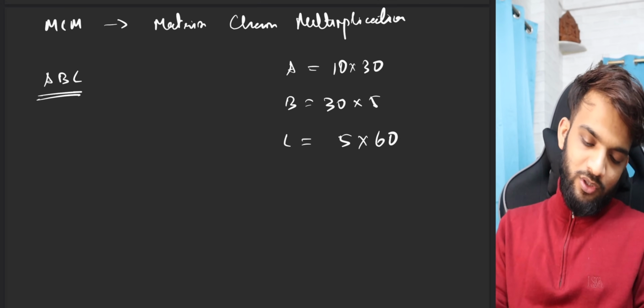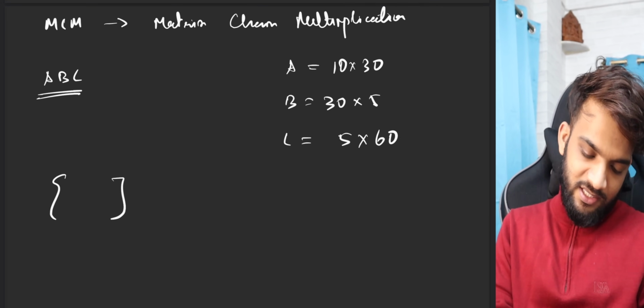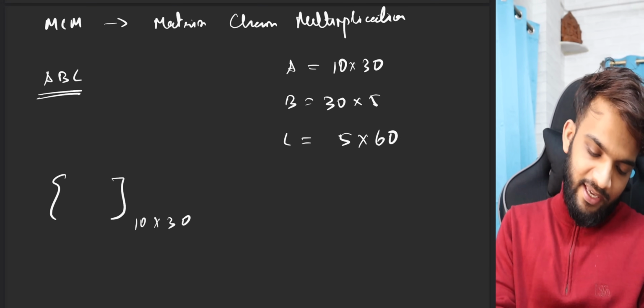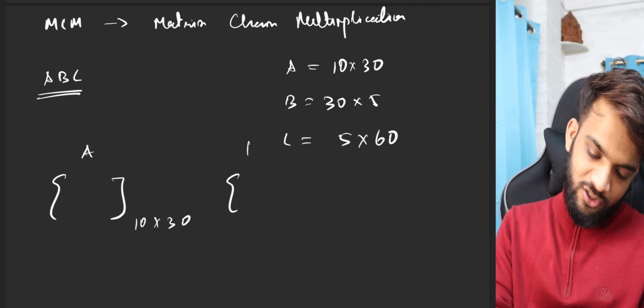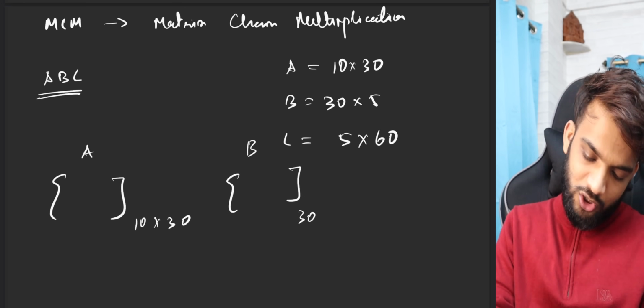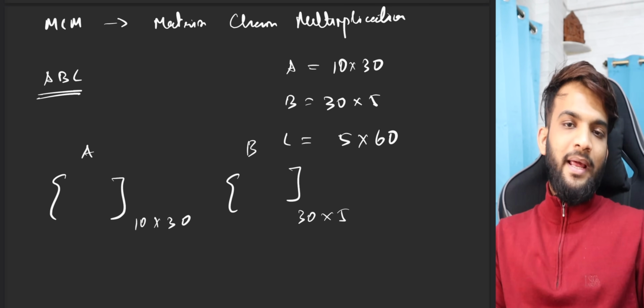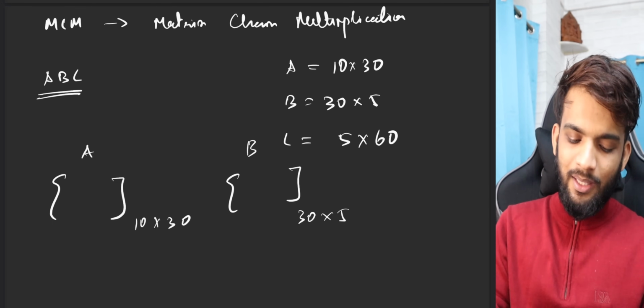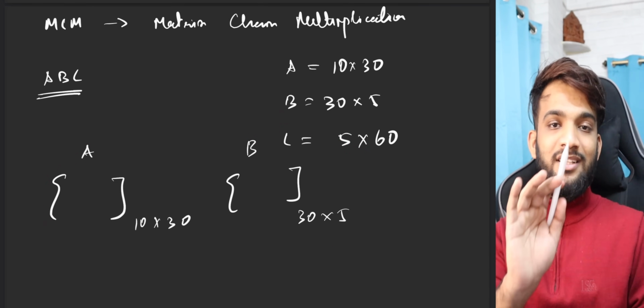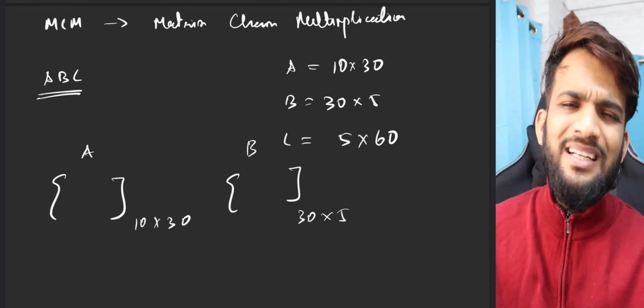So if I ask you, there is a matrix of size 10 cross 30 and that's the A matrix. There is another matrix B which is 30 cross 5. Can they be multiplied together is the question, and the answer to that is yes, they can definitely be